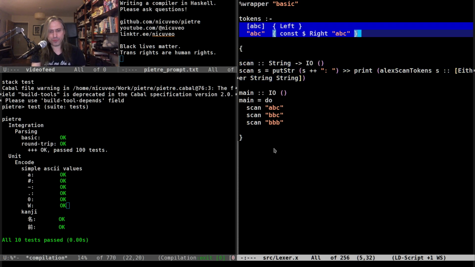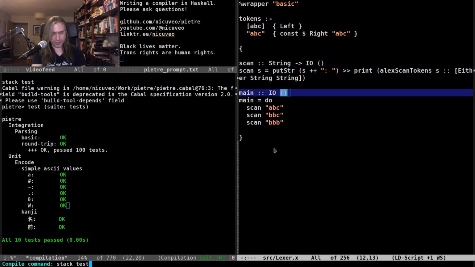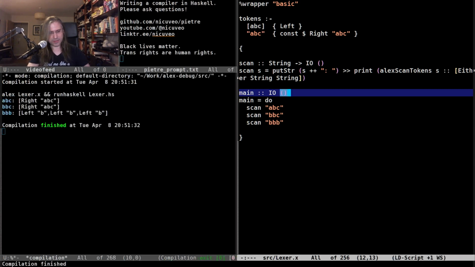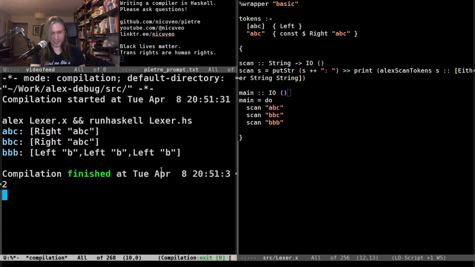If I run with those two things and I compile this, if I run Alex of this file and run Haskell on the result, you'll notice that in the case of B, B, C, where we should be getting left B, left B, left C, we get right ABC.